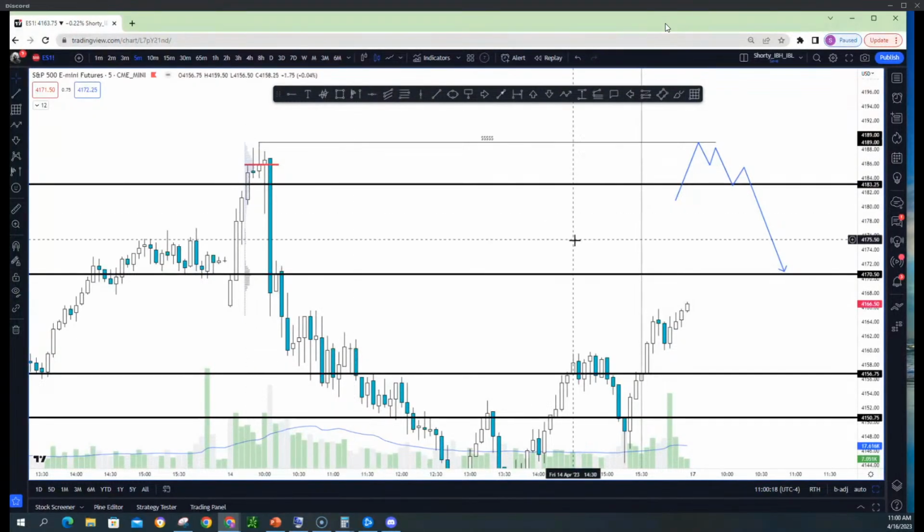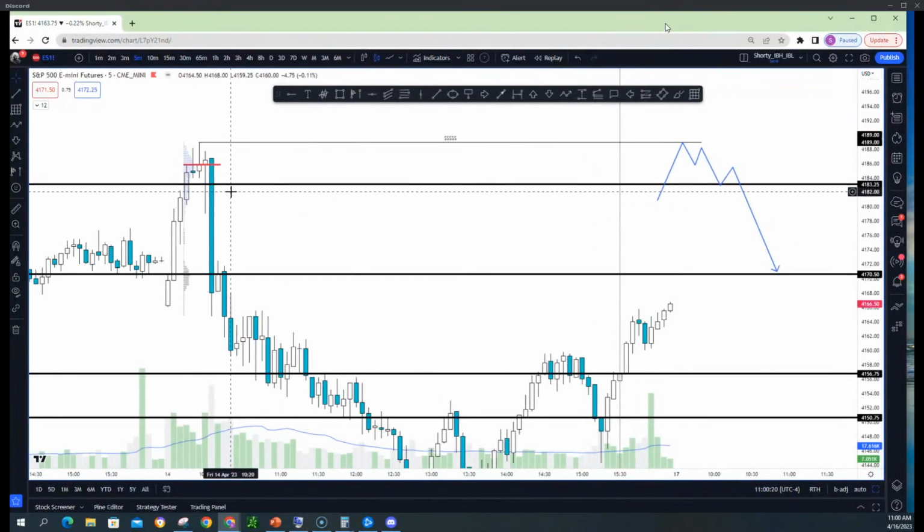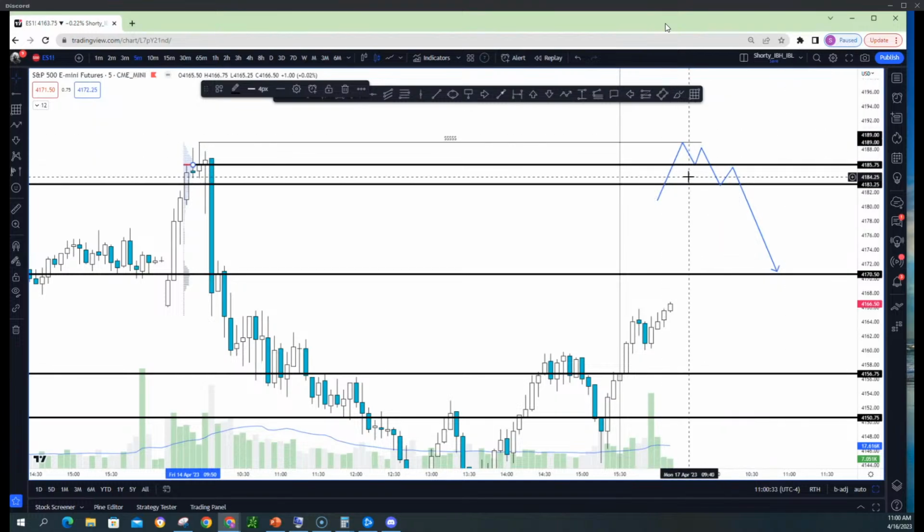That means they're losing this level. So for me, that's an indirect way of saying change of character happened, and you put in a lower low and a lower high. That's why that's my preferred setup, if you guys did not figure that out by now. So this POC here, I love it when they break this. My preference play is break it, lose it, and then I short it.